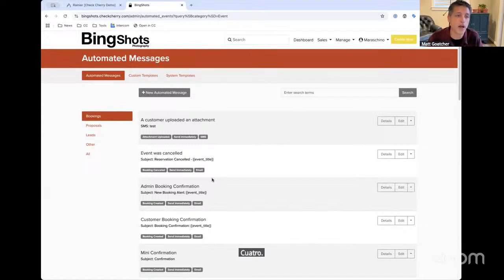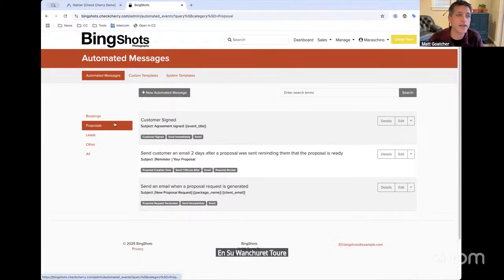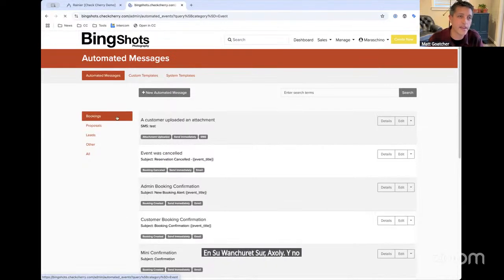But in general, we're going to have kind of the basics in your account. And then if you're looking to do something more complicated, like sending a reminder 3 days after something happens, then that would typically be something that you would add. So once you've decided, okay, let's set up a new reminder, I want to have a new automated message go out,